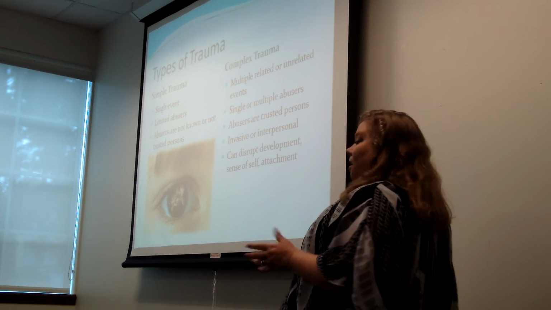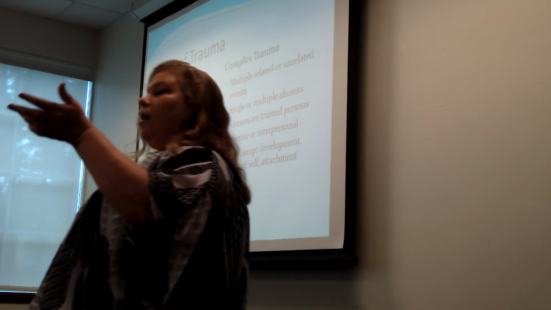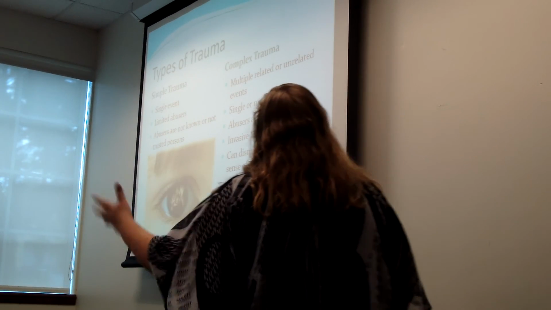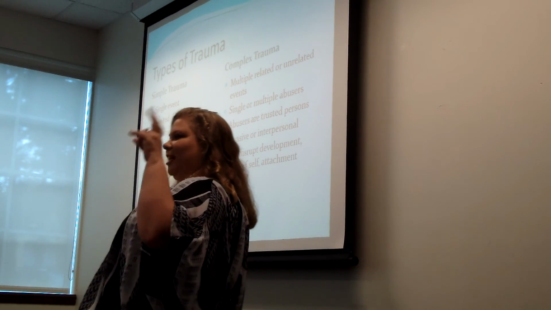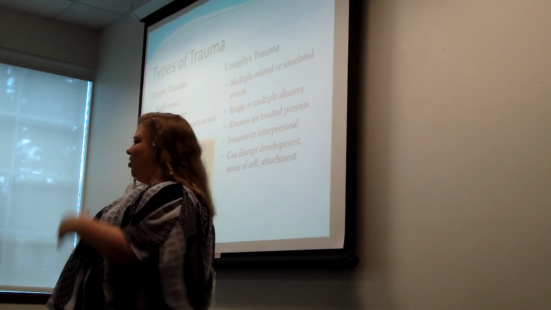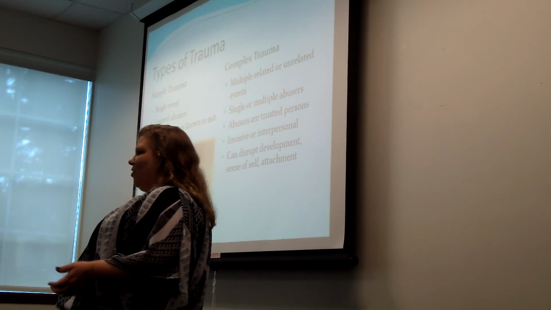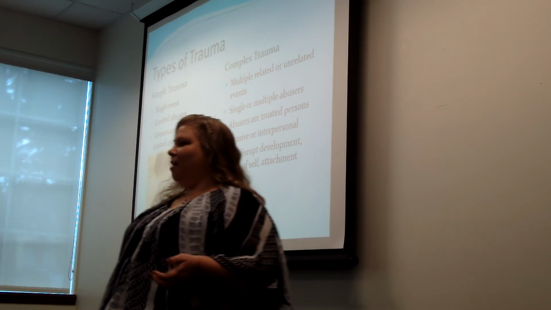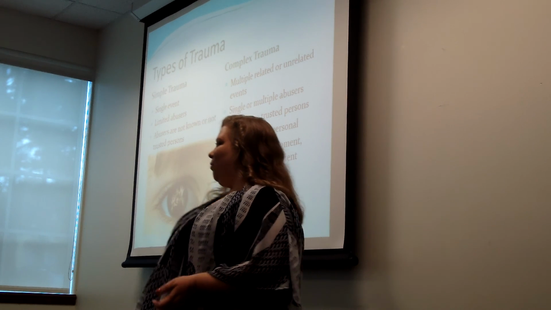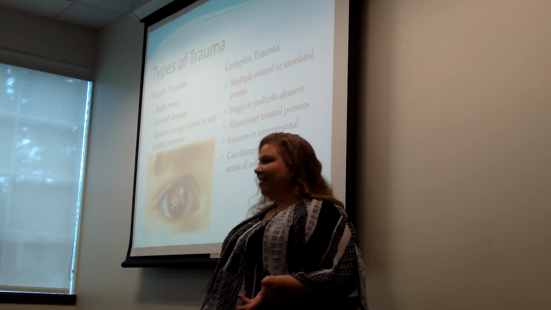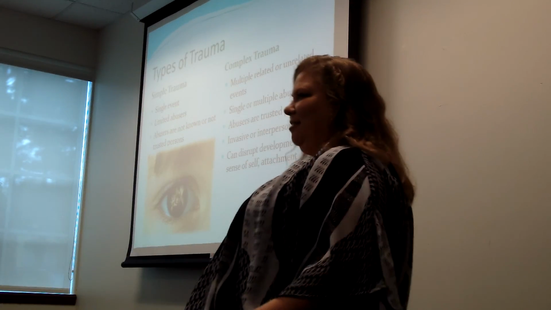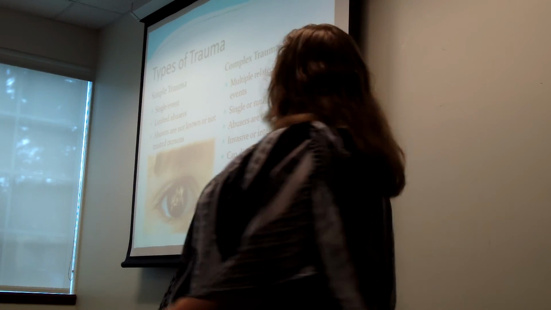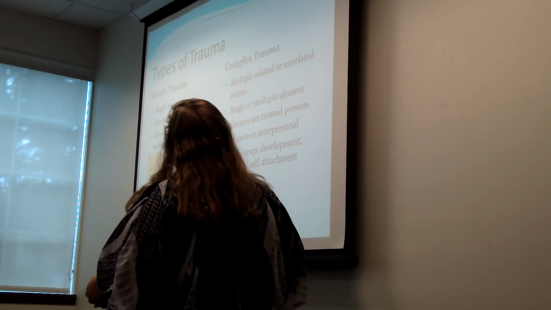Complex trauma now is kind of the opposite, right? So if that kid was pulled into the van by a stranger, which I think you guys know that stranger danger is pretty much not true, right? Only 7% of cases of child abuse happen from strangers. So 93% are by persons that the child knows. So stranger danger seems all well and good, but kind of is missing the mark by a lot. Right? Multiple related or unrelated events.